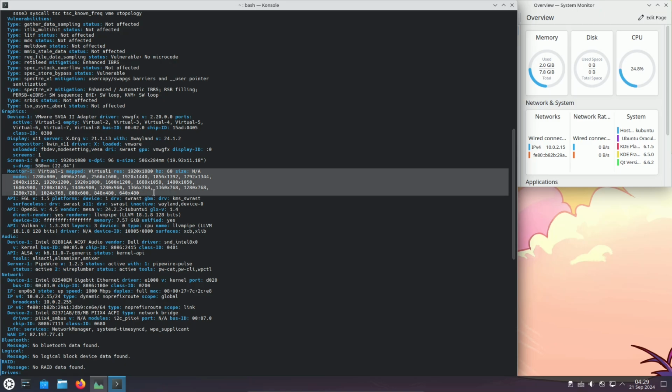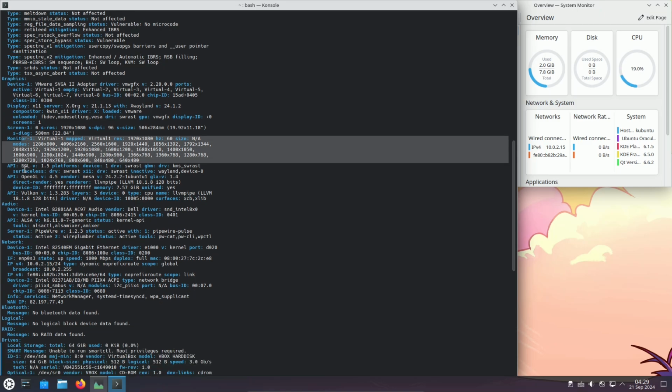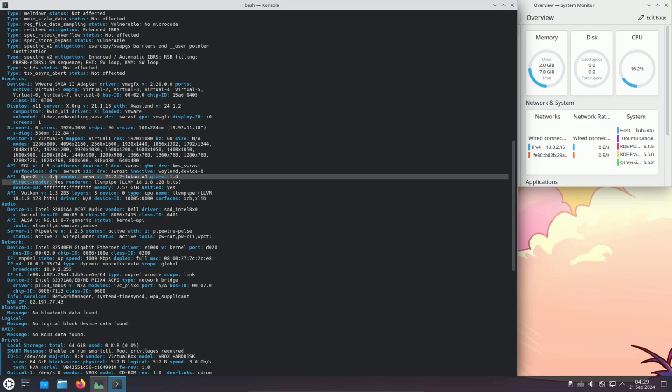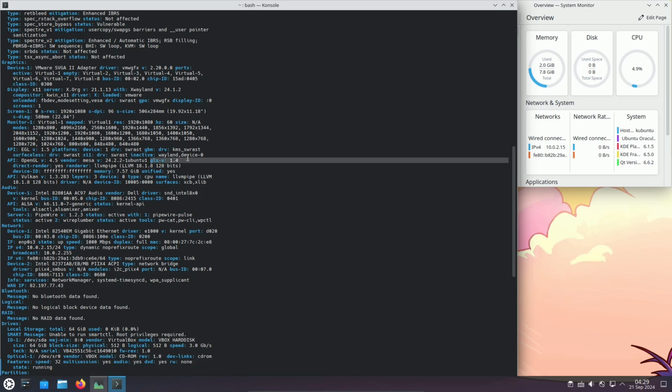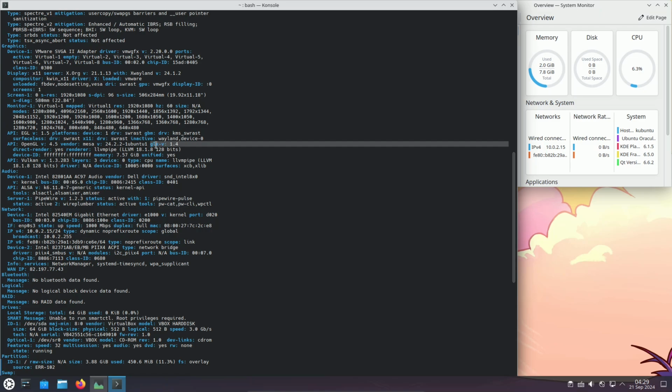Here are the monitor resolutions, or the available monitor resolutions. EGL version is 1.5. OpenGL version is 4.5. Mesa version is 24.2.2. And GLX version is 1.4. So Vulkan version 1.3.283. LLVMpipe version 18.1.8,